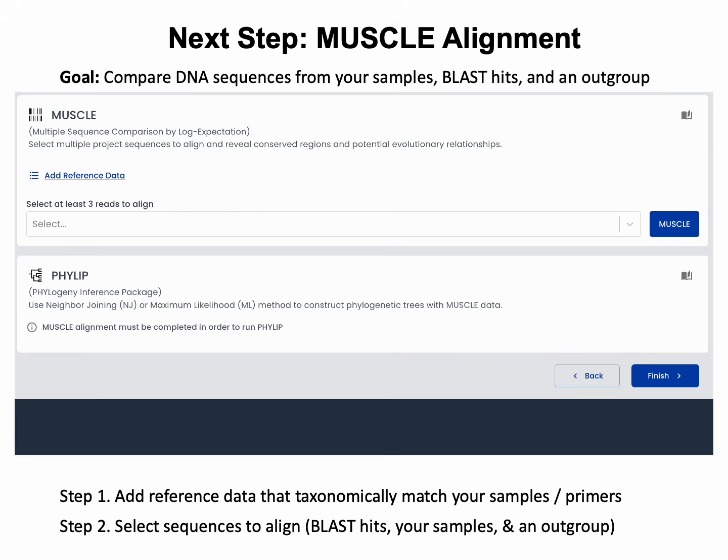So the first step in creating a muscle alignment is to add reference data that taxonomically match your samples and primers, but are not necessarily close BLAST hits. This allows you to select downstream what's called an outgroup, and I'll explain that in a little bit more detail very shortly. So to add reference data, what you're going to do is click the Add Reference Data,